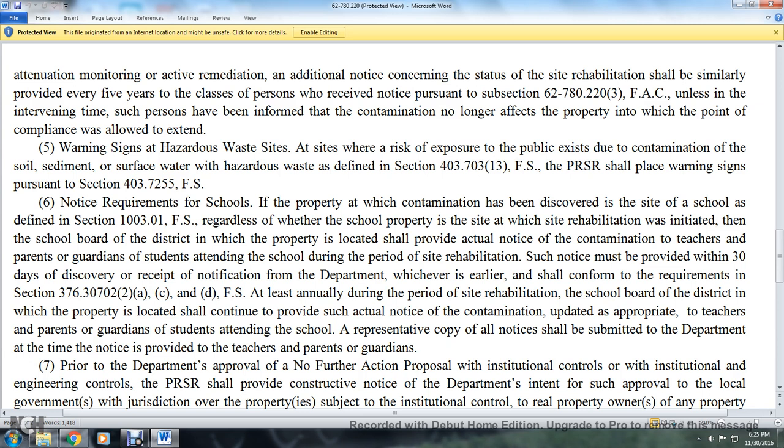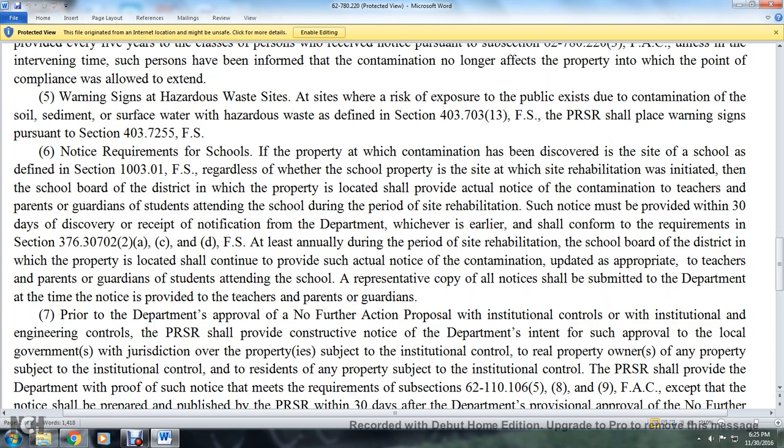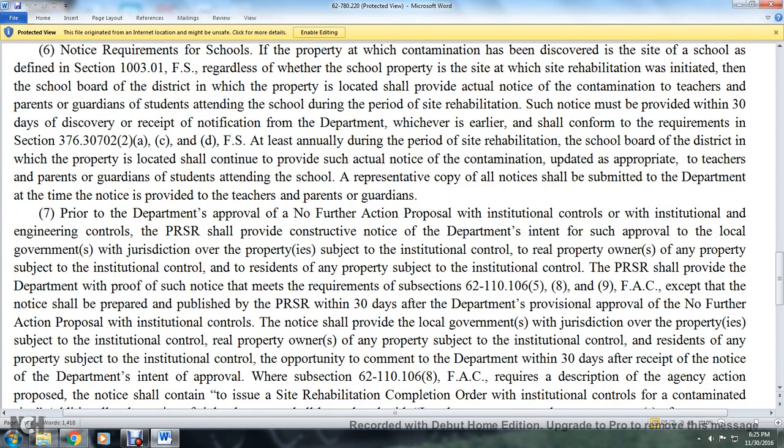Receiving the notification from the department, whichever is earlier, should conform with the requirements of section 376.30702(2)(a), (c), and (d), at least annually during the period of the site rehabilitation. The school board of the district in which the property is located shall continue to be provided with such actual notice of the contamination updates to the appropriate agencies or parents, guardians, and student representatives. A copy of all notices shall be submitted to the department at the time notice is provided to the teachers, parents, and guardians, prior to department approval. No further action